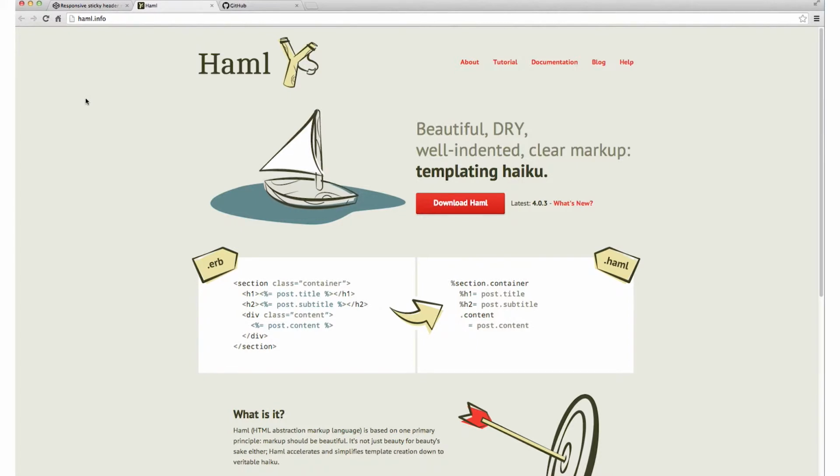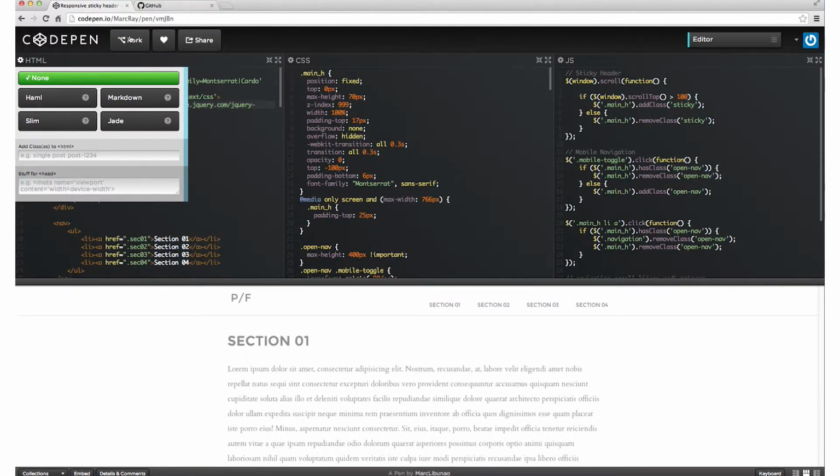It essentially takes some of the guesswork out of putting together your HTML tags and makes it a little bit more line item functional, so you can see that there's some distinctions between what regular HTML looks like and what a Haml file looks like. In any case, sometimes when things don't look like HTML, CSS, and JavaScript inside CodePen, you have to take a look at these little gears to see what's going on.